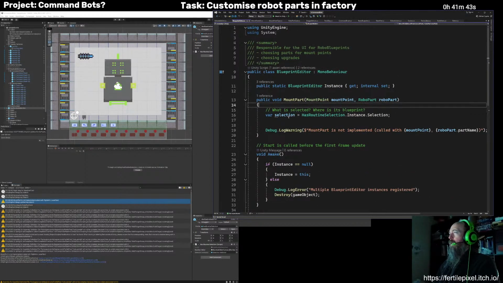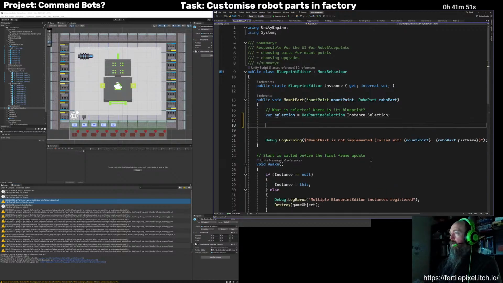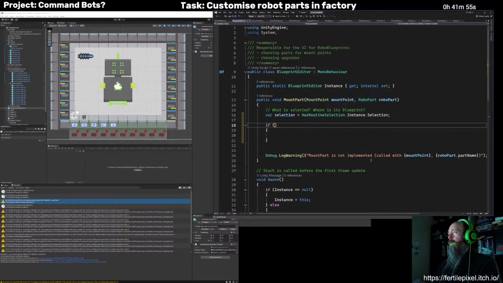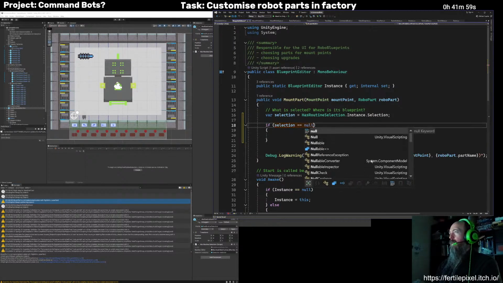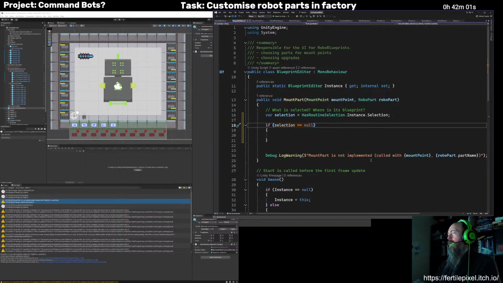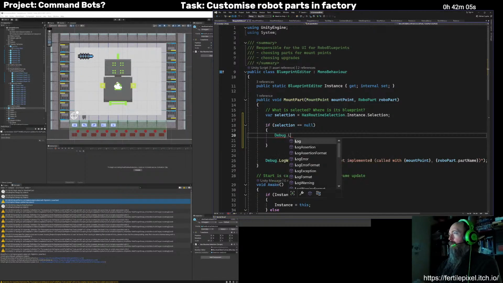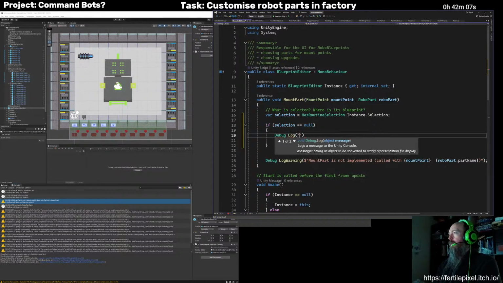All right, so now we know what our selection is. And we know we've got, check if it's editable. If our selection equals null, then, yeah.